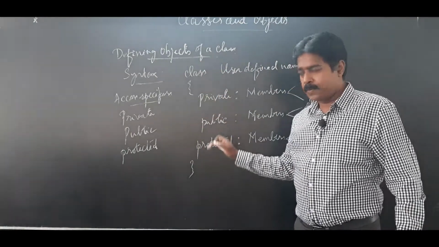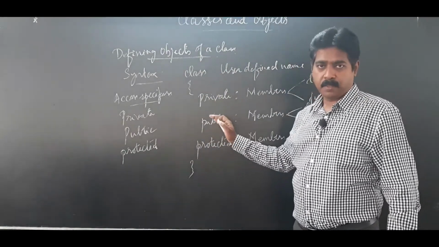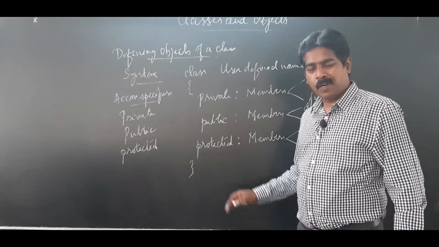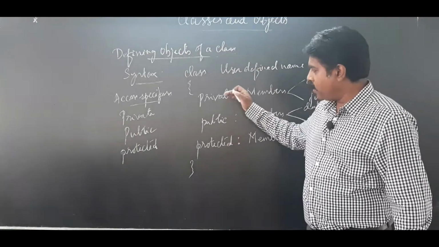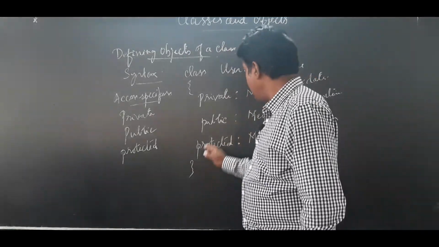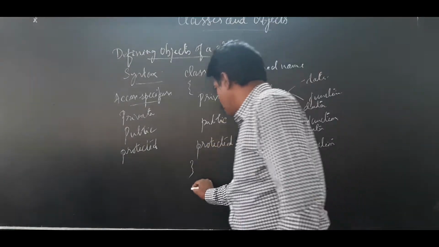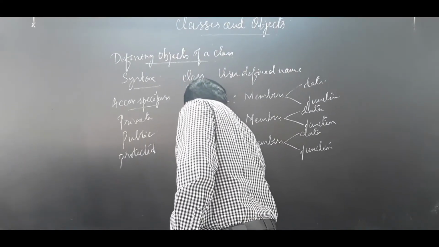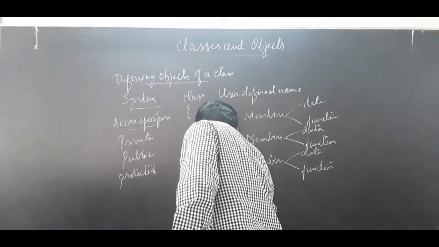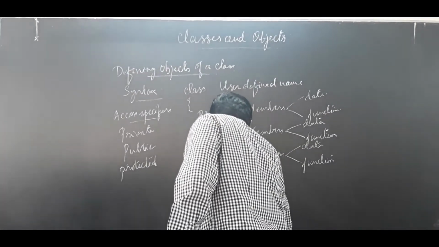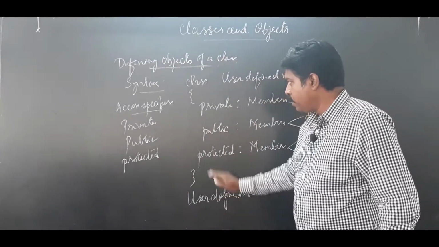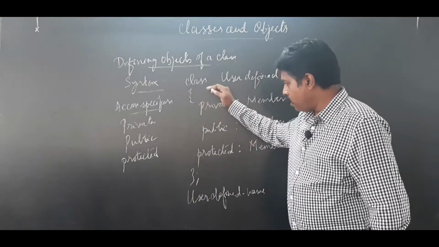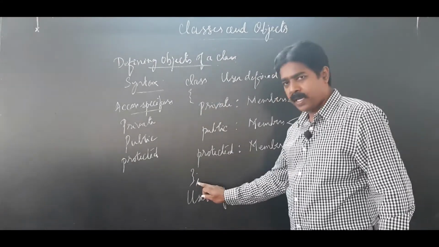When we want to create the object, we need this class defined. First, define the class, then we go on to take up the object. The object is created according to the class. So here, I am going to write that user defined name, because the name of a class we are going to give as a user defined name. So this name we give here, try to understand. There is a semicolon: open a curly bracket, write everything, close the curly bracket, semicolon.